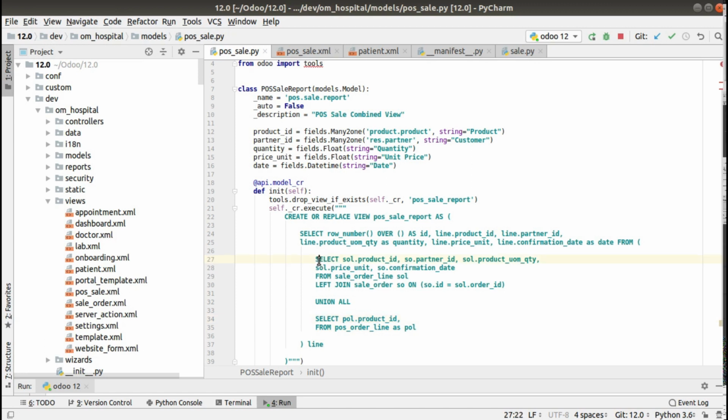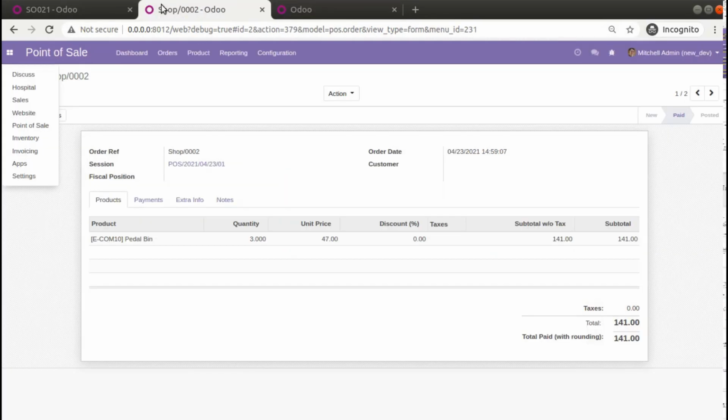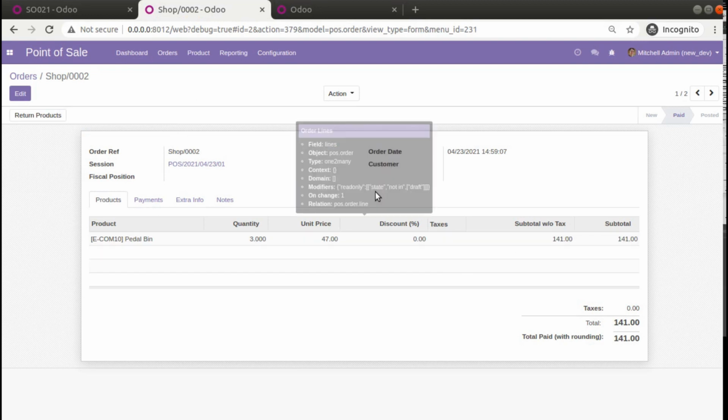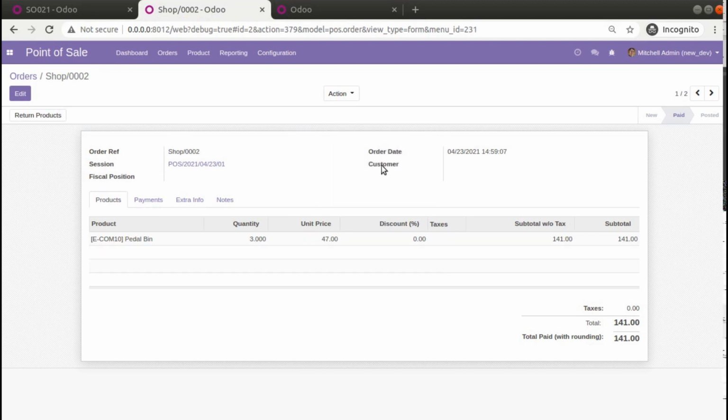Then you have to follow the same order. You can see first we have imported product ID, then we need partner ID. To get partner ID I have to left join with the POS order model, because inside POS order line we don't have the partner. If I go to Chrome, this is the point of sale order model, and inside the lines we don't have the partner. We can get the partner, that is partner or customer, only from the POS.order model.